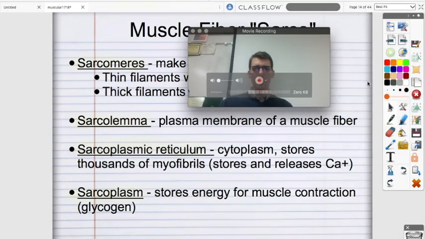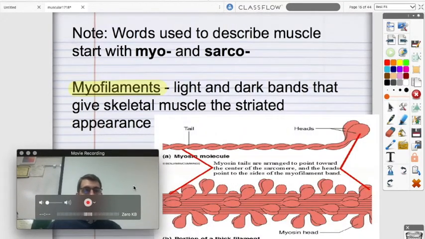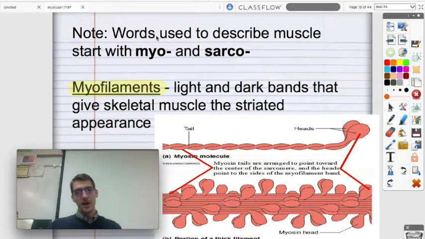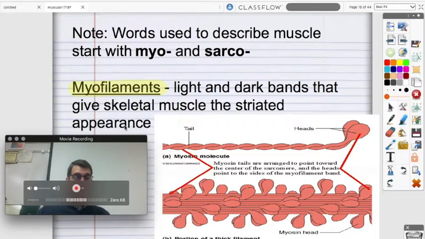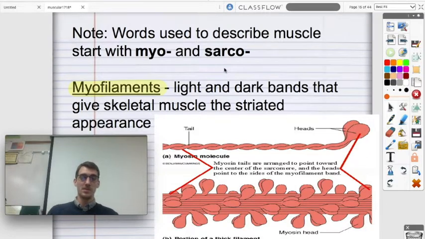Okay, so here's some terms about the microanatomy here. Now, as I said here in the notes, words used to describe muscle start with myo and sarco. All right, so here's another word that starts with a muscle prefix. Myofilaments are the light and dark bands that give the skeletal muscle the striated appearance. So the myofilaments are made up of those two proteins that I mentioned before, actin and myosin, and we're going to become very familiar with actin and myosin in our next video talking about the sliding filament